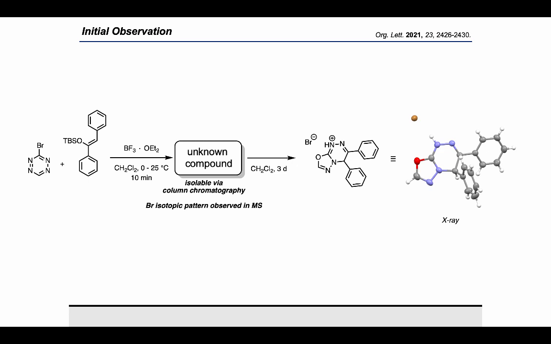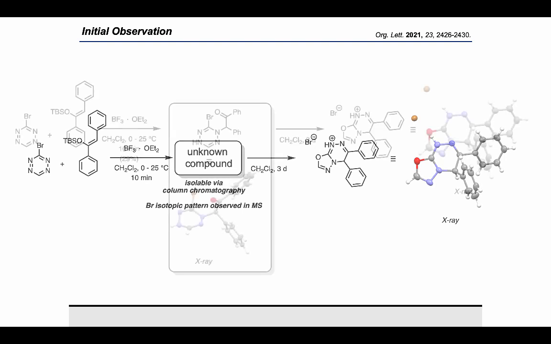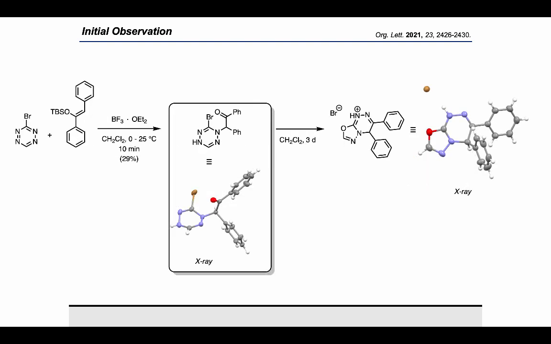After multiple crystallization attempts, we were intrigued to see that we could isolate and characterize this triazine-derived compound. However, this compound turned out to be the decomposition product of our first isolated intermediate, since this isolated intermediate contains a bromide isotopic pattern observed in HRMS. After further multiple attempts, we finally were able to characterize this intermediate, and it proved to be this dihydrotetrazine, which